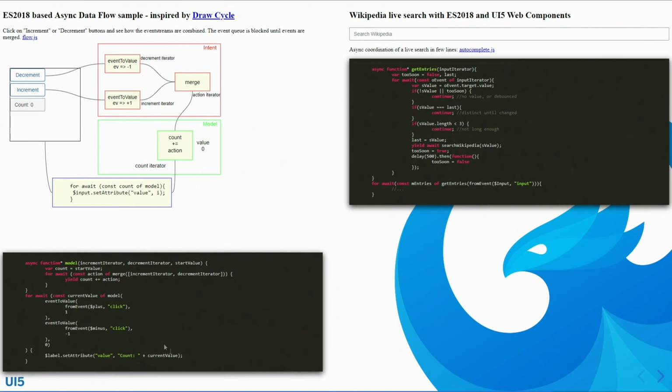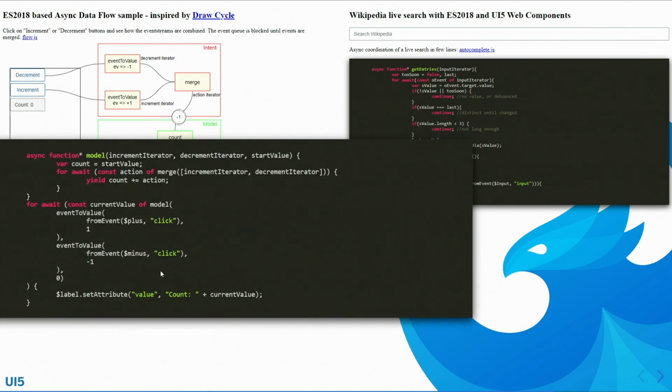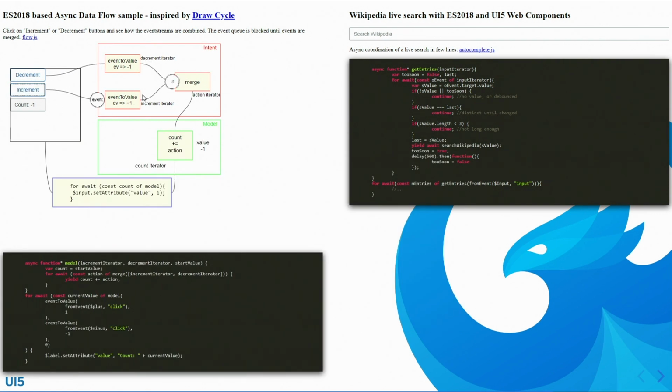So when we look now here into this asynchronous data flow example, we again have an increment and a decrement button. And what we're now doing is I have written a little utility function that's just an async generator attaching to the click event of this web component, and it's always yielding these events. And this asynchronous iterator that we get here, we can pass into another async generator function that just takes the event and converts it into an increment or a decrement iterator right here,